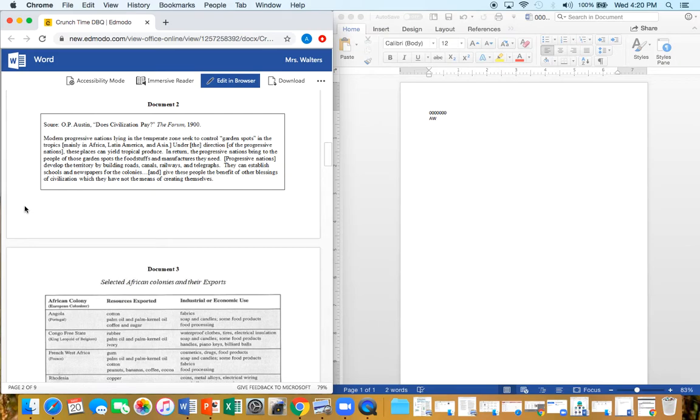Progressive nations develop the territory by building roads, canals, railways, and telegraphs. They can establish schools and newspapers for the colonies and give these people the benefit of other blessings of civilization, which they have not the means of creating themselves. Okay, so this one, I know that it's like talking about how these places can yield stuff for Europe, but I'm almost going to put this under the ideology of white man's burden